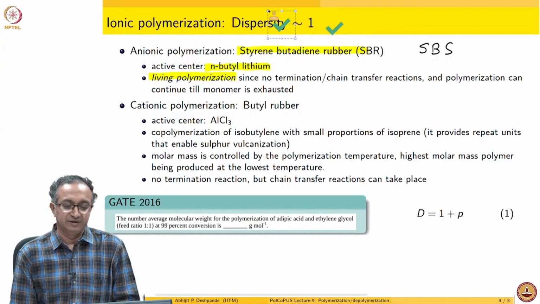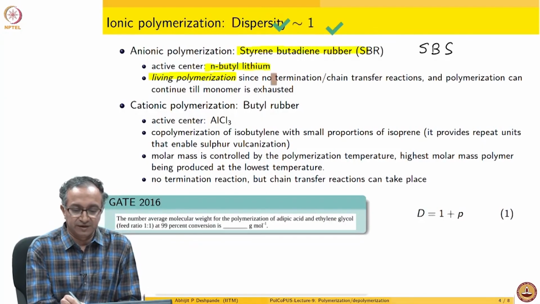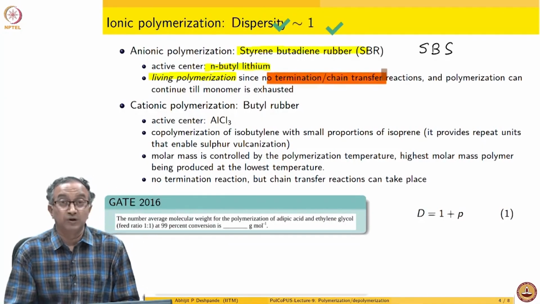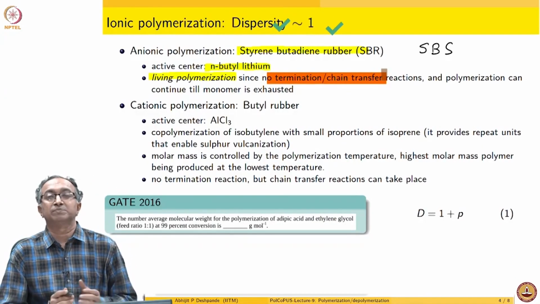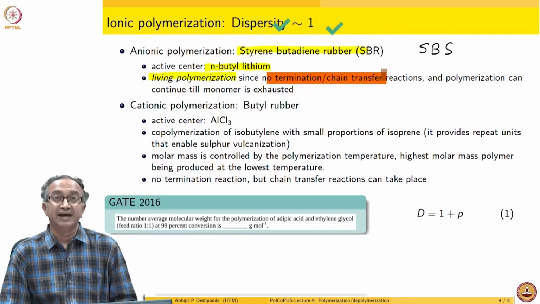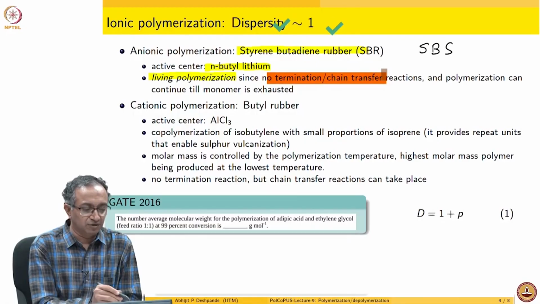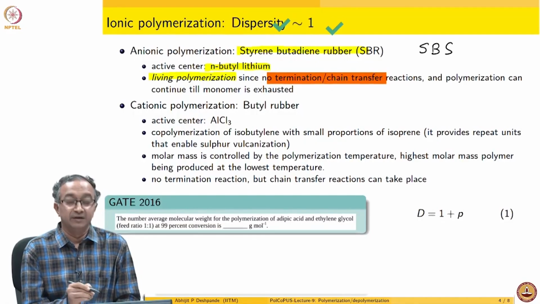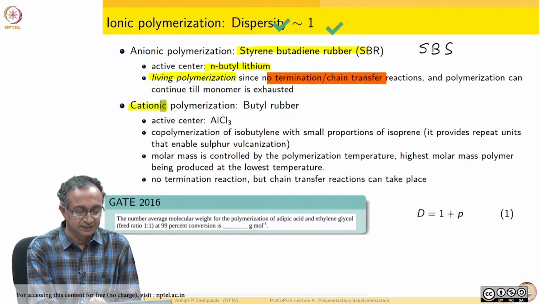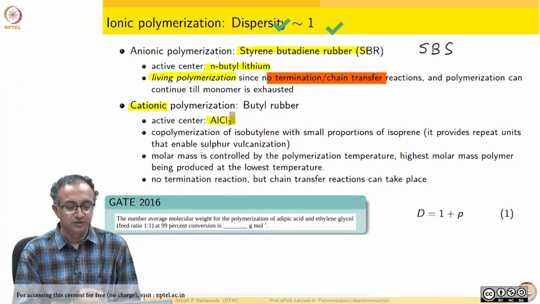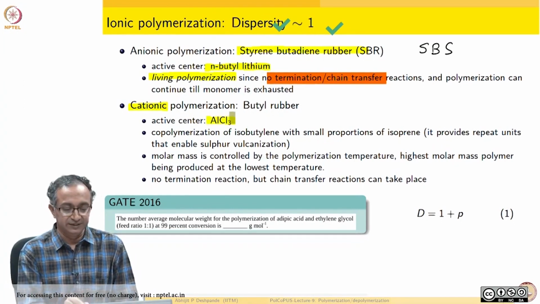So therefore, given that these reactions which are leading to molar mass distribution being wider are not there in this case, and secondly, all the monomer can get attached to active centers, we get very good control on molar mass distribution. The other common example of ionic polymerization, in this case cationic polymerization through active center of aluminum chloride, is